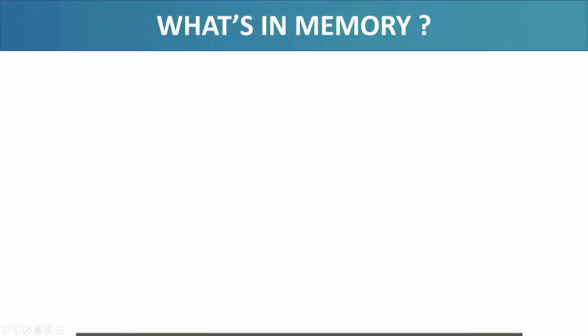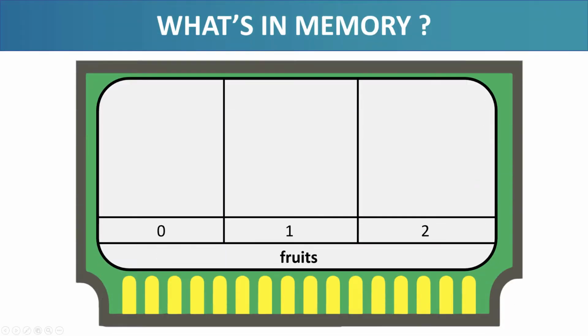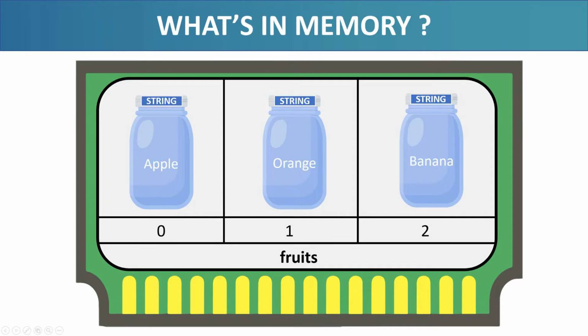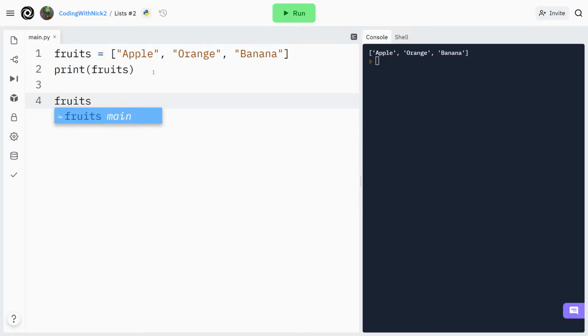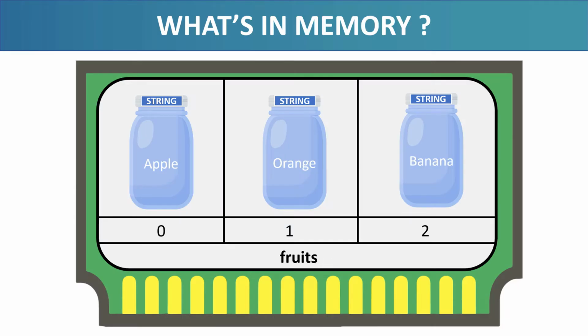Simple. Remember that we have the index to help us. Banana, the third item of the list, has an index of 2. So we type fruits, brackets, 2 is equal to avocado, in quotes. With this command, we tell the computer, go to the memory and you will find a list named fruits. Go to the slot with index 2 and replace the item that exists there with the item avocado.